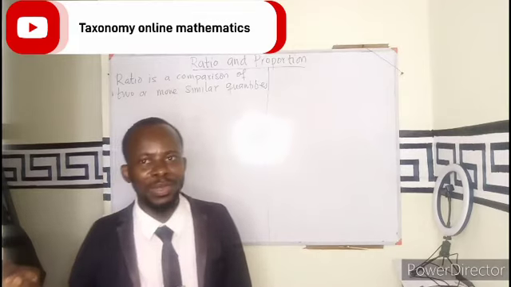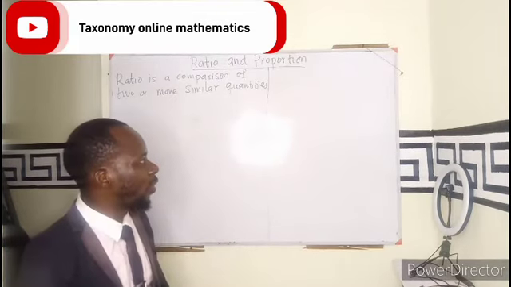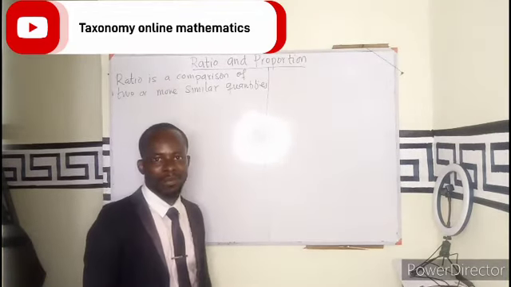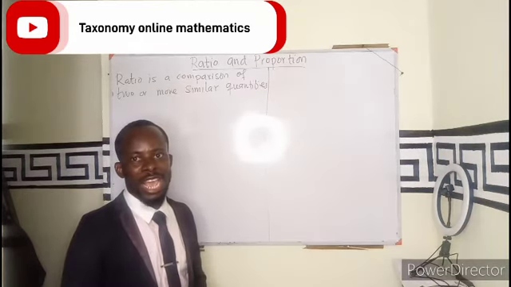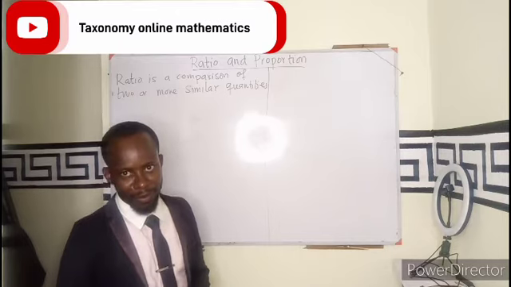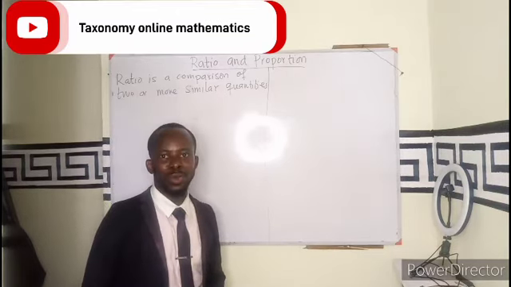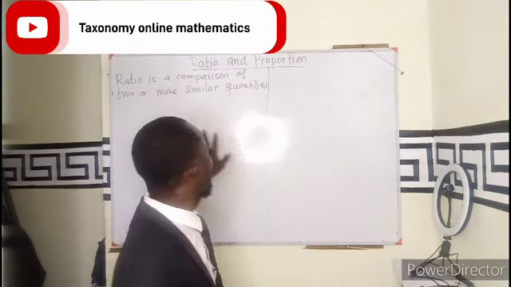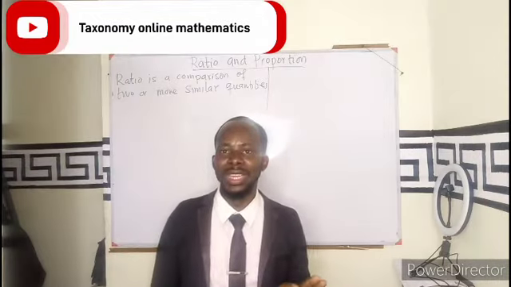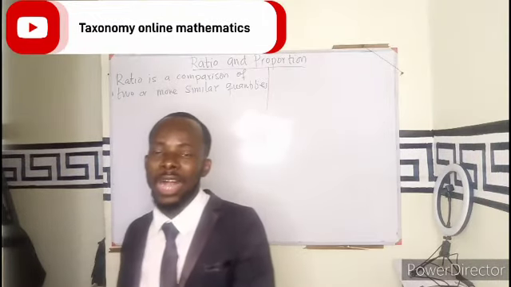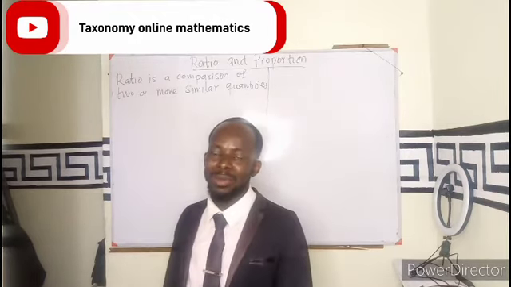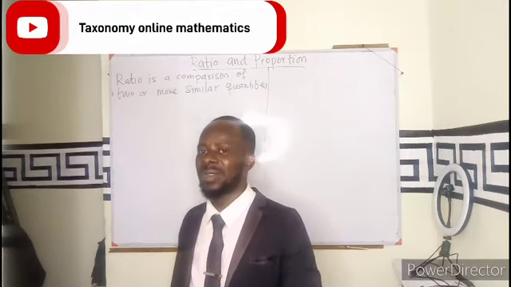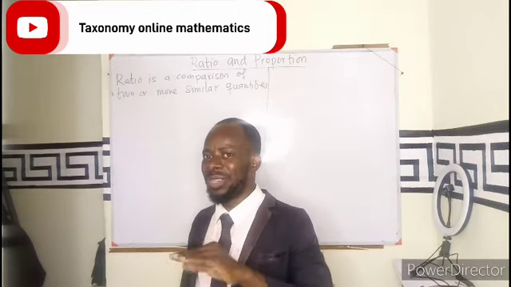This is another episode of taking a topic from the start. So we want to have a lecture on the topic ratio and proportion. A ratio, simply put, is a comparison between two or more quantities. Or for limitation, we can say a comparison between two quantities. And these quantities must be similar